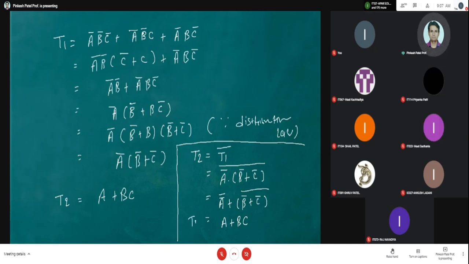So either you use this way, this is a correct answer, and this is also a correct answer. You can use any way, but that trick should be there in your mind. Same thing, vice versa, is also possible. If one student says I first require to design T2, not an issue. Write down T2, write down 5 SOP terms and simplify it up to A plus BC, and then write T1 is equal to T2 complement. Then also you get A bar into B bar plus C bar.